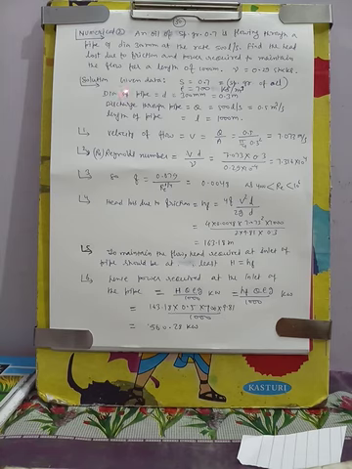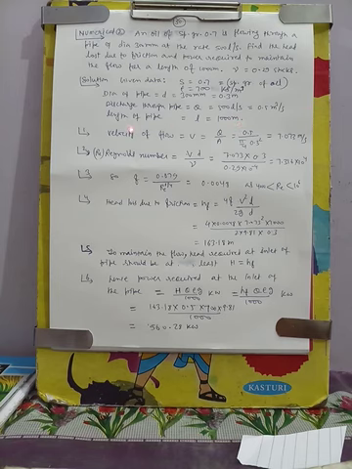First we note the given data. S, the specific gravity, is equal to 0.7. It is given as the specific gravity of oil, so the density will be 700 kg per meter cube. The diameter small d of the pipe is given as 300 mm, that is 0.3 meter. And the discharge through the pipe is given, say Q is equal to 500 liter per second, and it will come to 0.5 meter cube per second. And the length of the pipe, small l, is equal to 1000 meter.